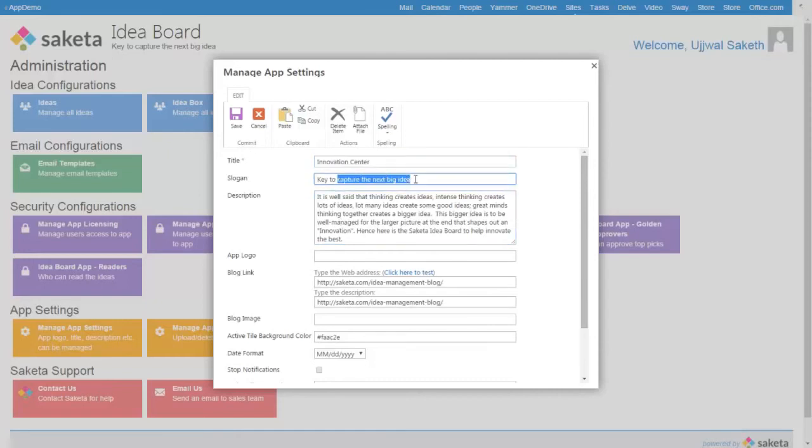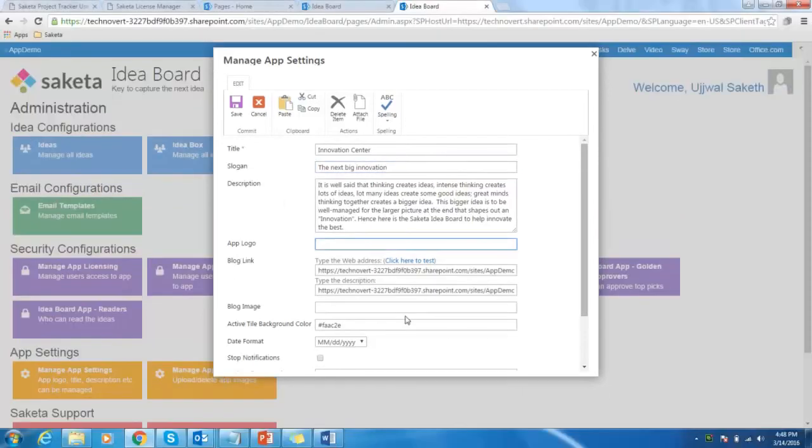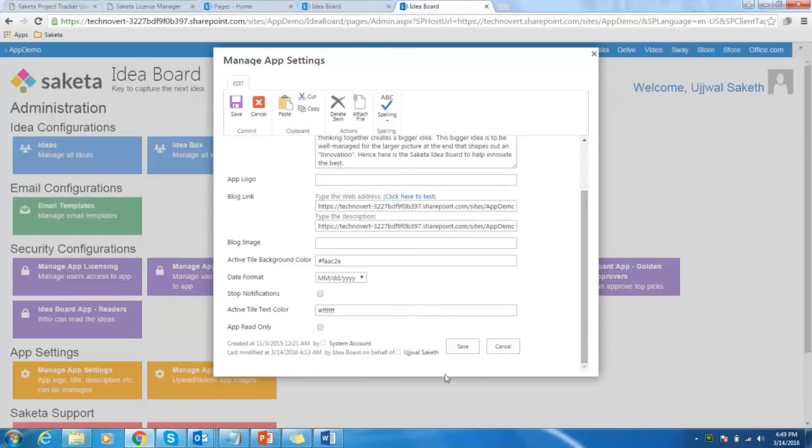So, the next big innovation. That will change the app name and the app slogan, but you can also change the app logo if that's what you want. To do that, let's just save this first.